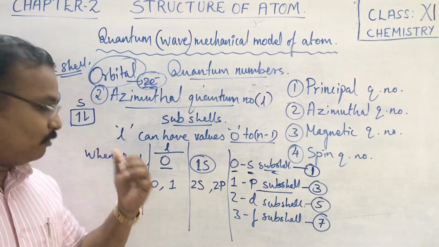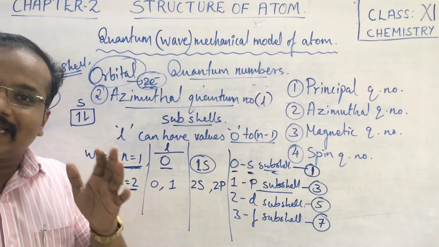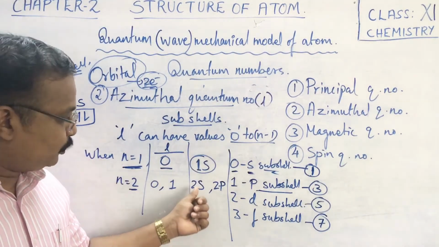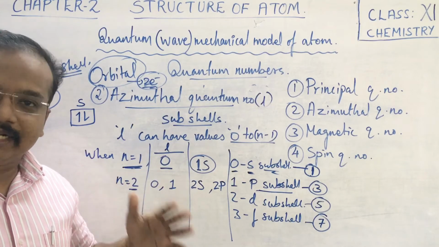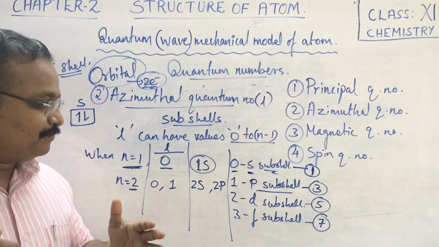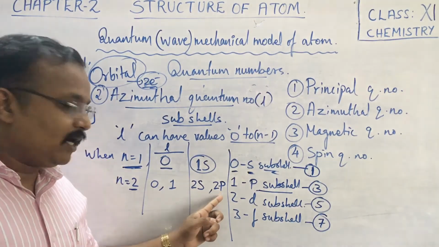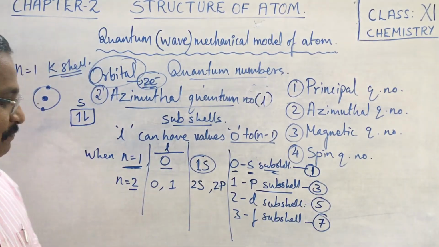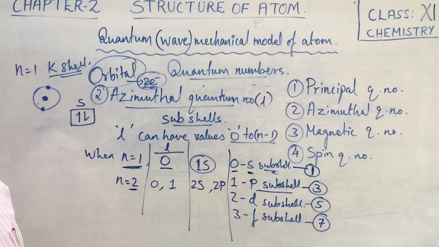As you know, according to Bohr model, n is equal to 2 means by the 2n square formula, there can be 8 electrons. Correct? So 8 electrons here also come. How? 2s means second energy level, that is our n value is in the second orbit. Then s can have 2 electrons, then p has 3 orbitals, meaning 3 into 2, 6. So 2 plus 6, here comes our 8 electrons.